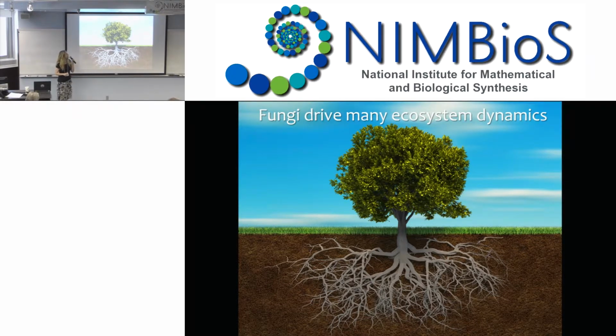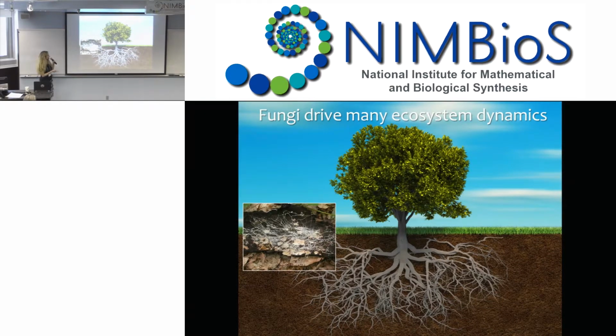All right. And one of the reasons that I like them is because they drive many ecosystem dynamics: carbon, nitrogen, phosphorus cycling, and more. For this talk, in the interest of brevity, I'm just going to focus on carbon cycling. And I'm going to talk about some of the traits that fungi have that can influence carbon cycling. All right, so one of the things that fungi can do is they'll decompose dead material like plant litter. And they do this for energy. And as a side product, they'll release CO2. All right, now, of course, that's a greenhouse gas. So this activity is important to consider in models.